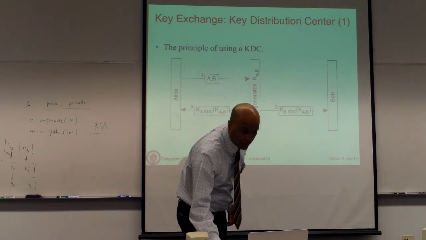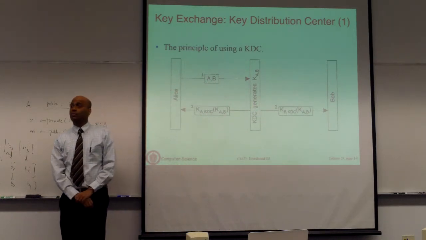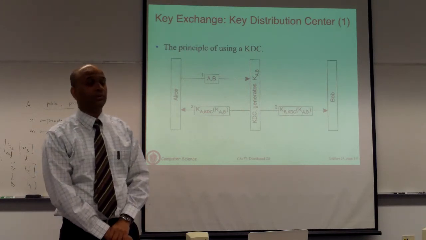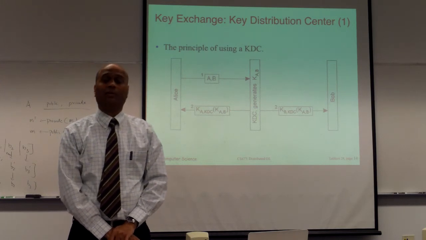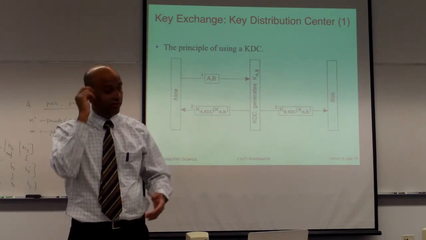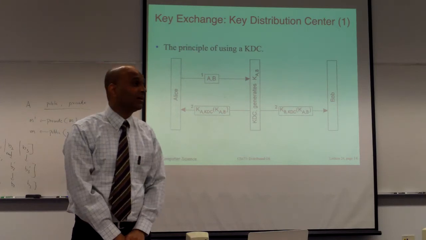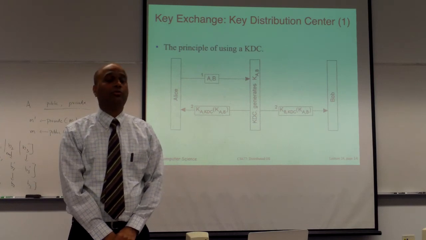I'm going to show you two ways to do this. The first way requires a third party to help you generate the key. This is called a key distribution center, or a KDC. If you want to send an encrypted message to your friend, first the two of you have to decide on a key that you are going to use. So one way is you approach a third